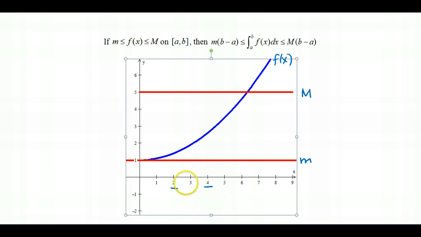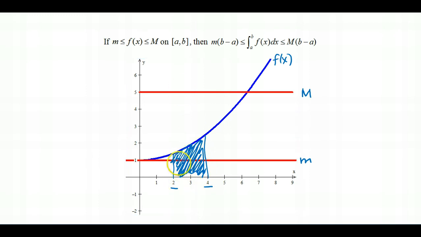So what this theorem says is on the interval from 2 to 4, I'm actually interested in the area that goes all the way up to the blue f of x function. So here's what I'm searching for, this area. But I know that if f of x is trapped between little m and big M on this interval, and it is,